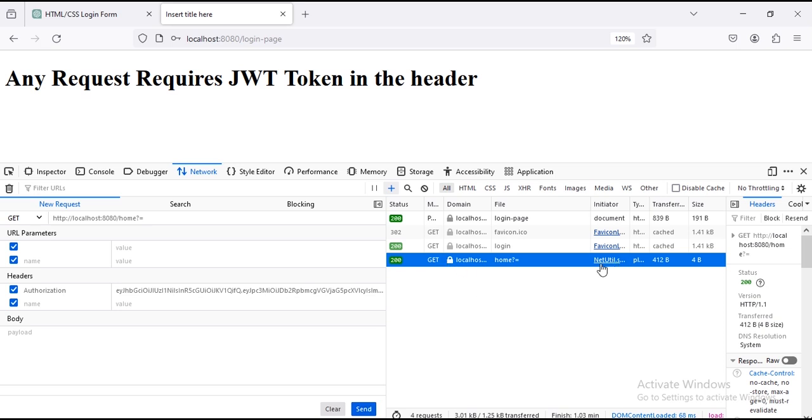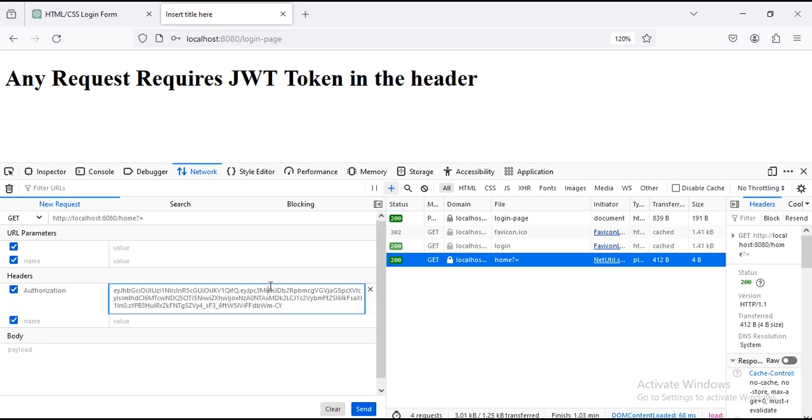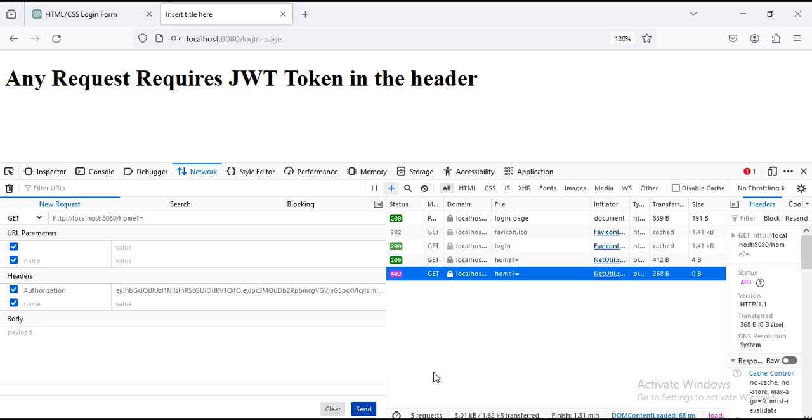So you see our request is now 200, which is a success. It accesses and the user is authenticated. And if we change a little thing in the token now, if we try to access, you will see we have 403. So this is the end of this tutorial, and this is what we have been able to build,